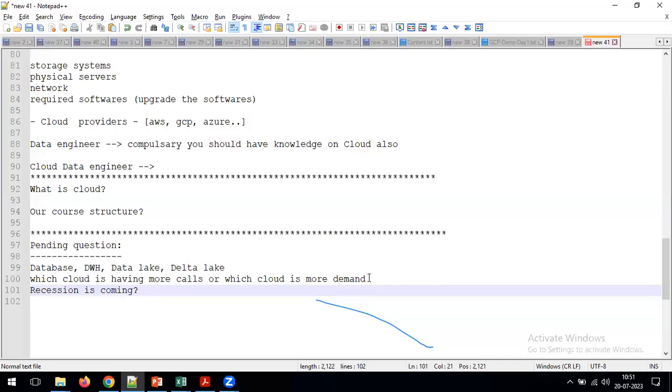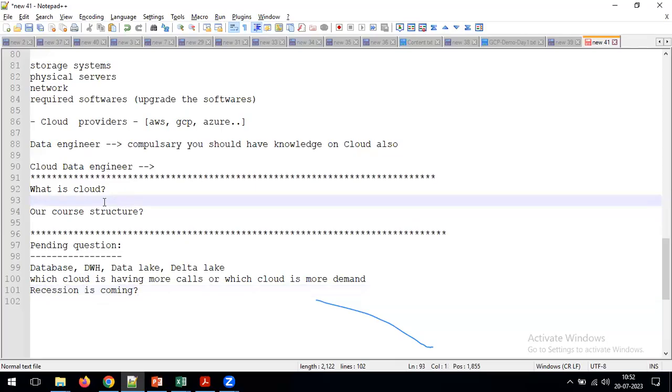So again I'm repeating the same thing. If we discuss these other topics, our main topic will be disturbed. Some people want to focus plainly on the technical side, some people want to focus on these other things. If I stop in between our technical session, people will be disturbed. That's the reason we'll discuss all these questions at the end of the class. Please bear with me.